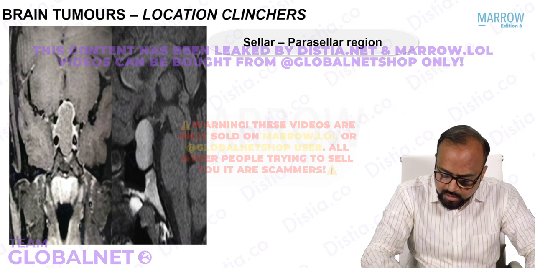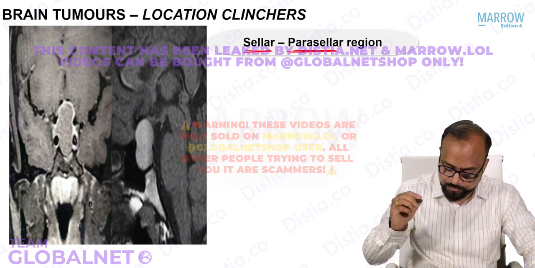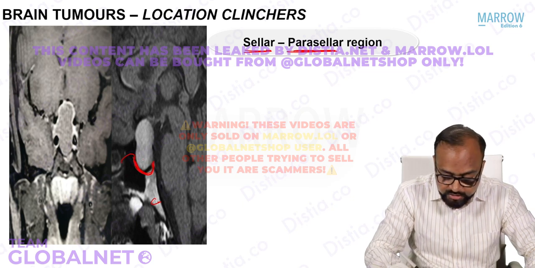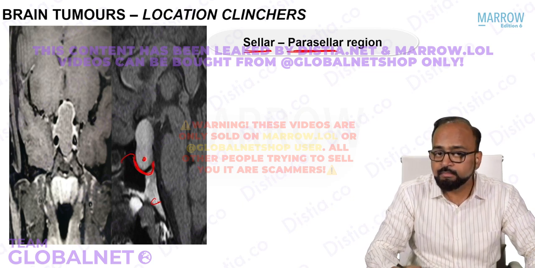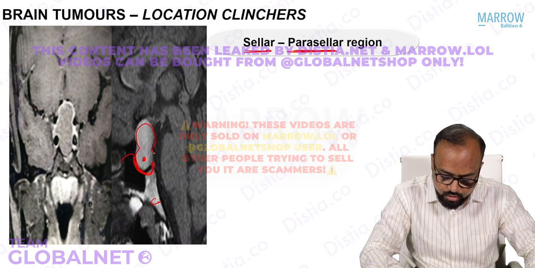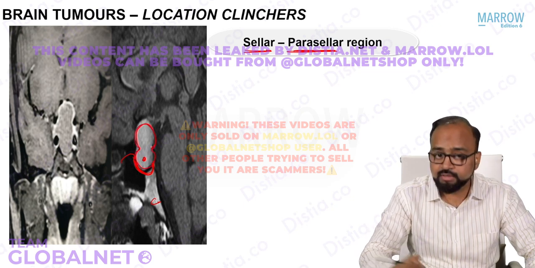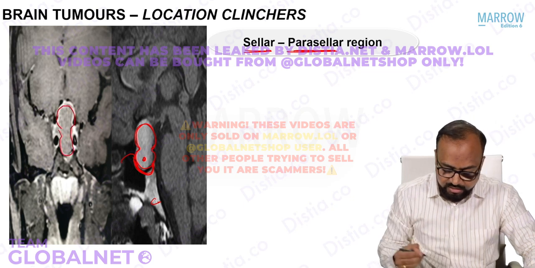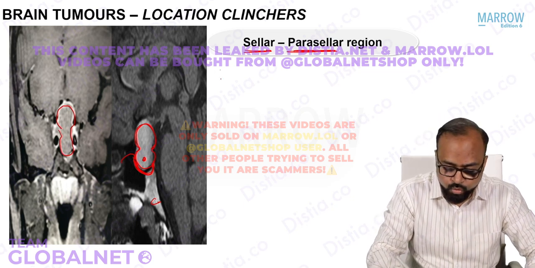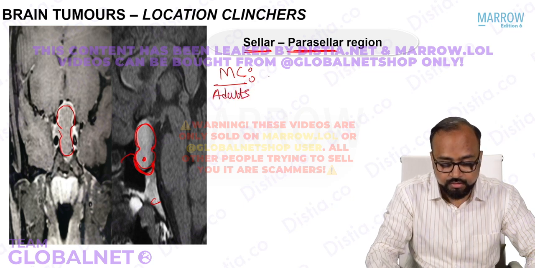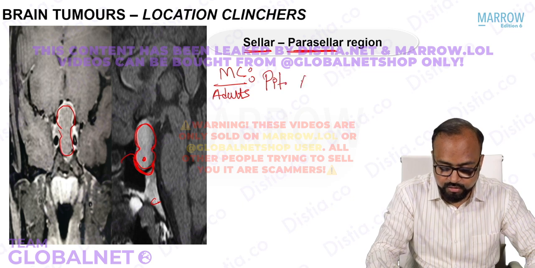Now, if you come across a tumor around the sellar or parasellar region. Now, if you see, this is the clivus, this is the sphenoid sinus, and in the sphenoid bone is the sella. So this is the sella. Can you see that there is a tumor which is arising from the sella, but it is not restricted to the sella? It is extending above it, and it is creating an 8-like appearance or a snowman-like appearance. See, again the tumor is arising from the sella, it is extending above the sella, right, and it's creating a snowman-like appearance. The most common tumor in the sellar parasellar region in adults, remember, you expect a pituitary